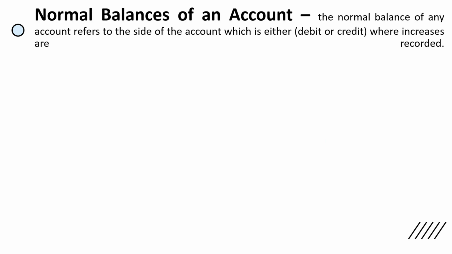So therefore, if you want to increase the account title, remember its normal balance. If you want to decrease the account title, still remember the normal balance but do the opposite. Because the opposite side is its